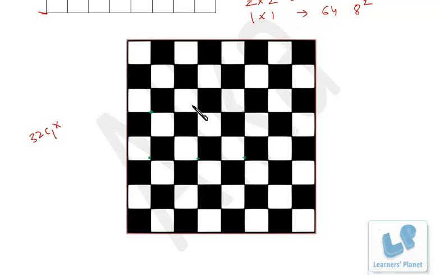Now from whatever the white square is selected, from the same row or column, we cannot select a black square. I'll put up an example. Suppose this white is selected, right? Then the black cannot be selected from this line and this line. Okay, that means how many options do we have now for black squares? See, 1, 2, 3, 4. 4 are cancelled vertically, and 1, 2, 3, 4. 4 are cancelled horizontally, right? So in all, out of 32, 8 are cancelled. So what is the remaining number? 24.